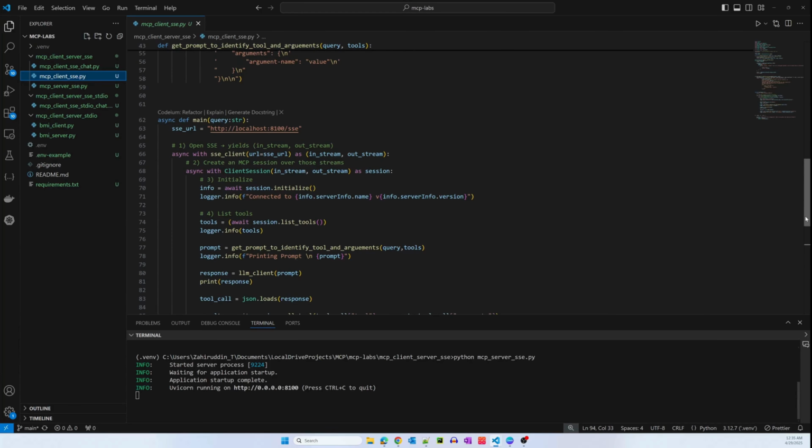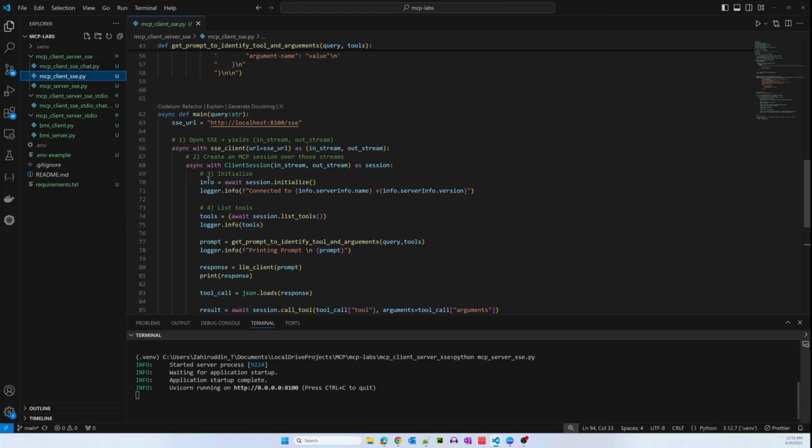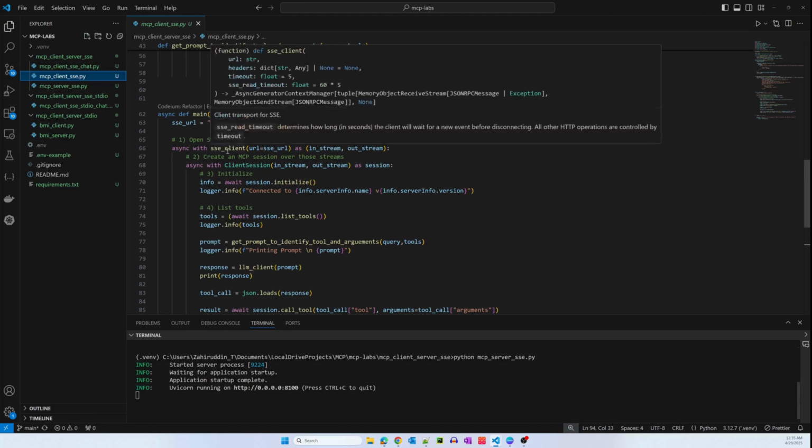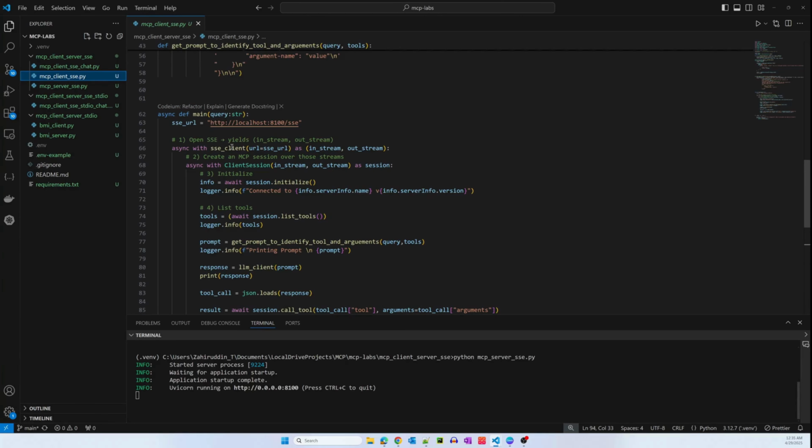To essentially communicate with the SSE server, I need to do two things. One, I need to first instantiate the SSE client that we have seen already. And if you remember, we'll be communicating with the client with two streams, right? One is the in-stream to send out events, and the out-stream to essentially take the events from the server, right? And the URL of the server is this, right? I'm obviously running this in localhost, and as you saw, the port is 8100, and the default endpoint, or the endpoint where the connection will be established, is /sse. It could be whatever that you want to define in the server, but as you saw, we had defined this as